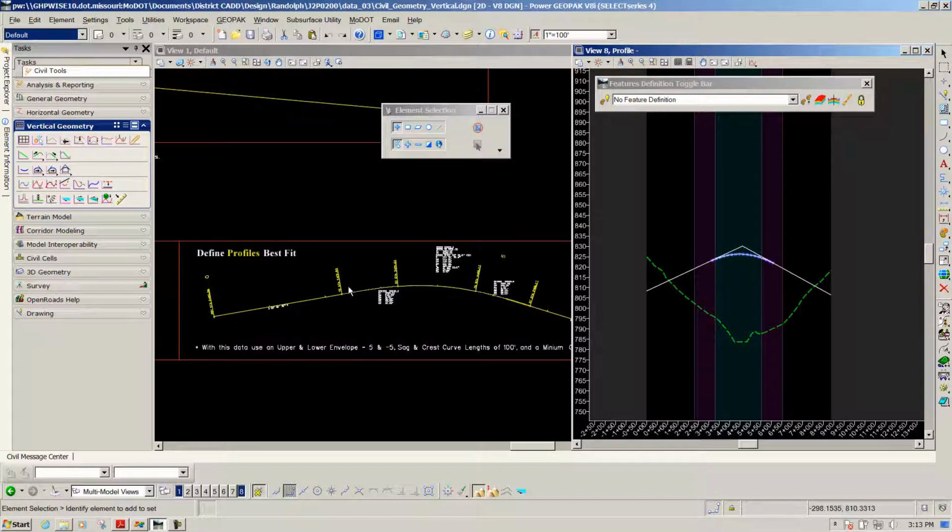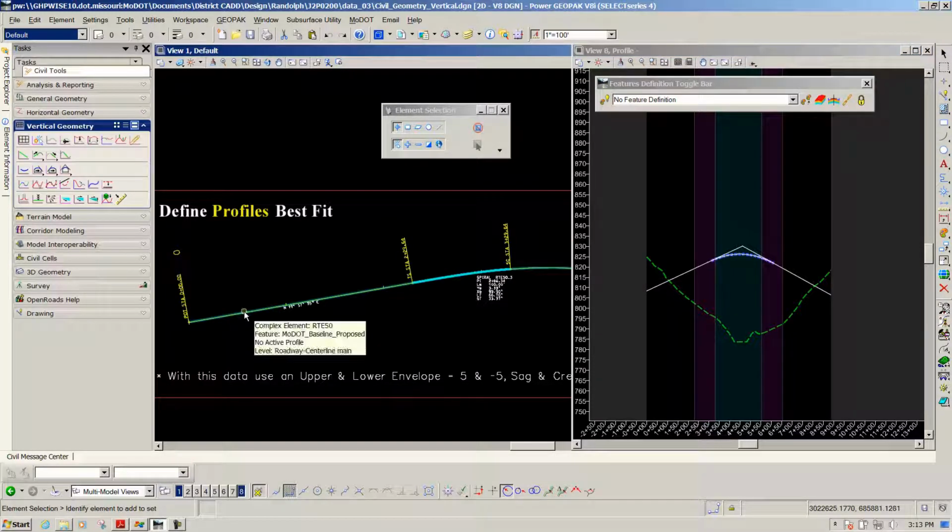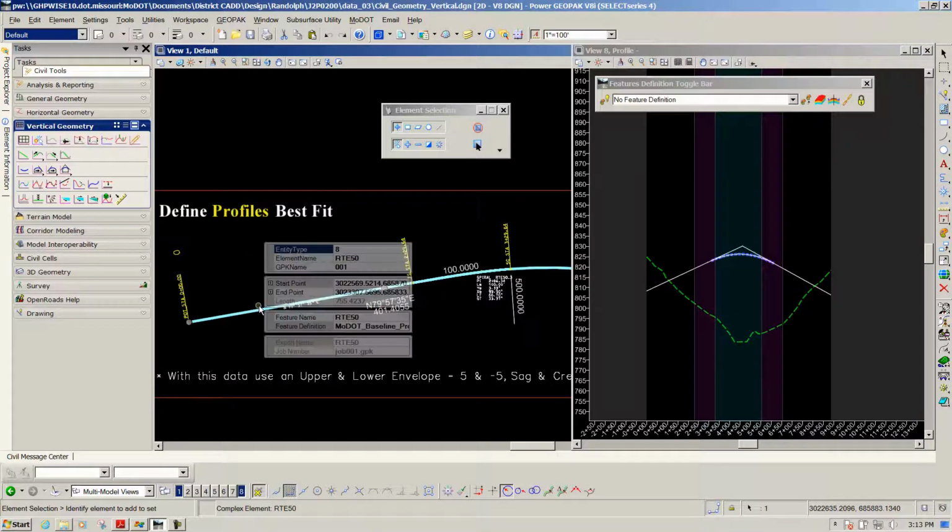Now with this one we have an issue. Typically it bombs out when you're running this in ProjectWise, and what we have to be aware of is that this is a MODOP baseline proposed feature definition, and so when I try to store the proposed profile, it's going to want to export this out to a GPK. So the first thing I'm going to do is look at this horizontal element, and look into its properties. And the GPK that this alignment was stored in was one called